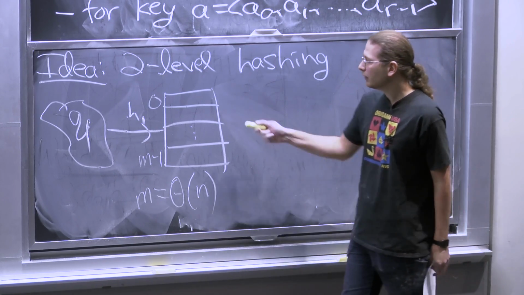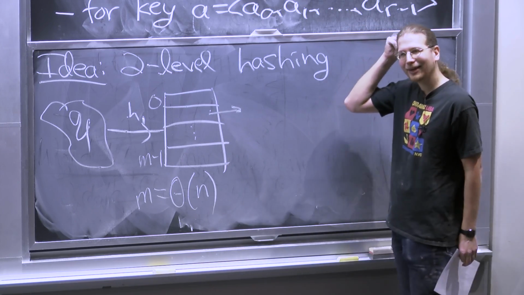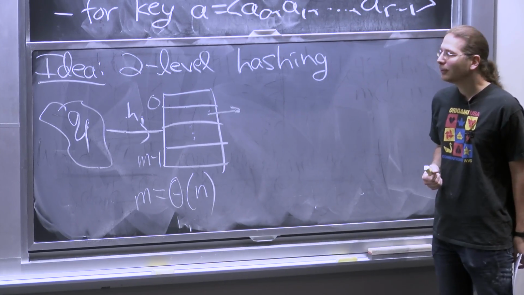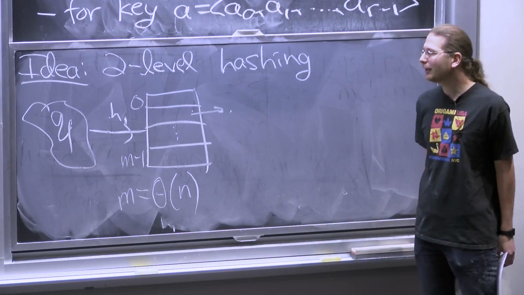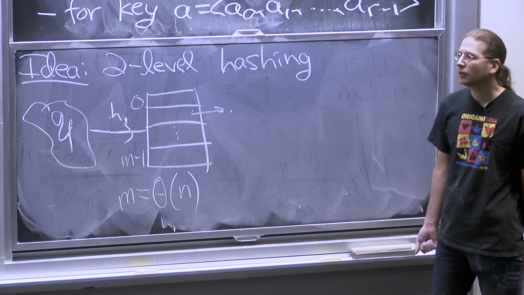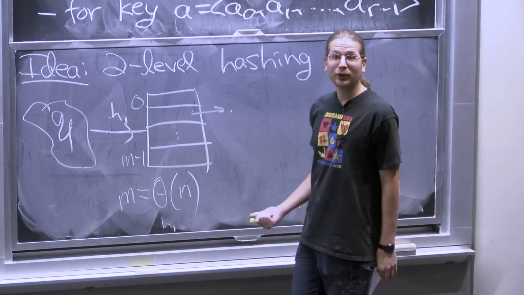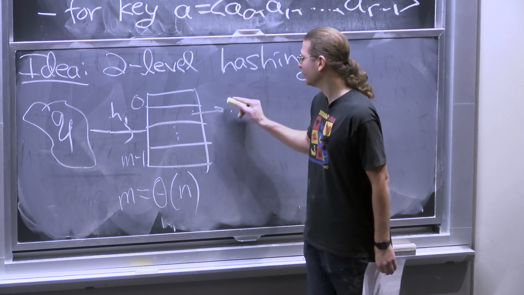The trouble is we're going to get some lists here, and we don't want to store the set of elements that hash to that place with a linked list, because linked lists are slow. Instead, we're going to store them using a hash table. Sounds crazy, but